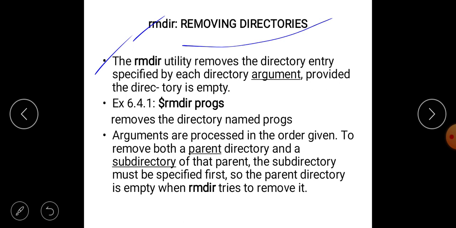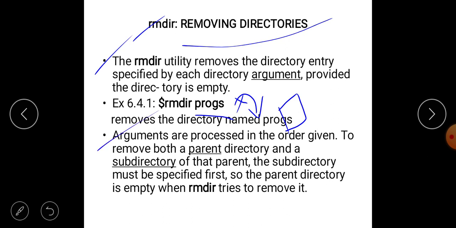Suppose you are deleting the procs directory, it should be empty. Inside procs there should not be any files, then only the procs directory will be deleted, otherwise it is not going to delete.